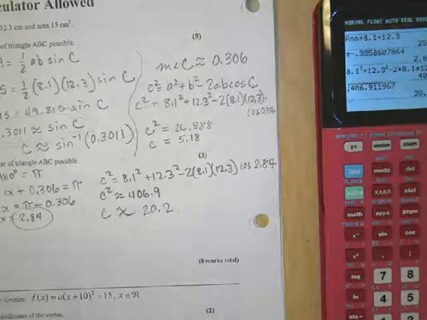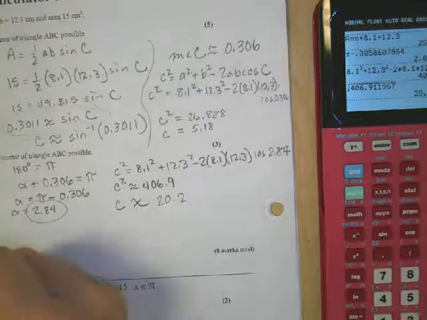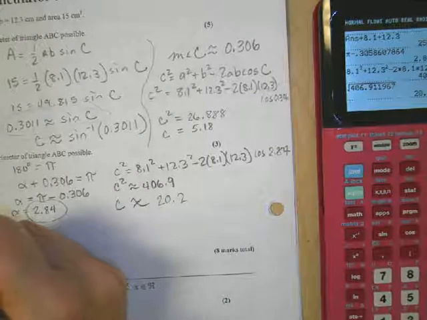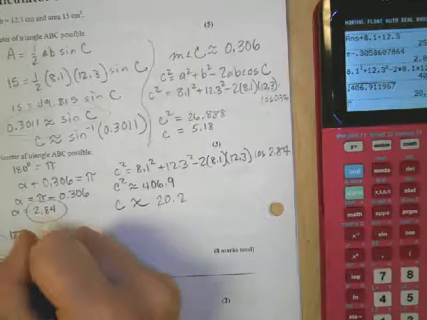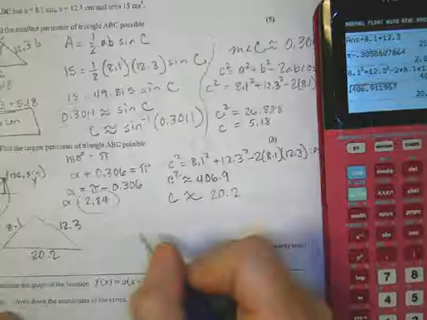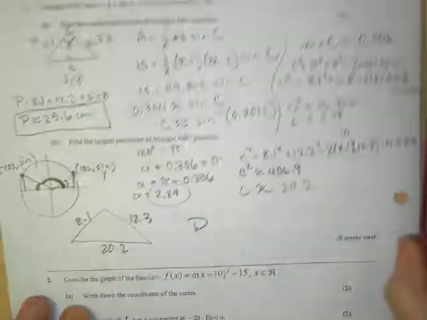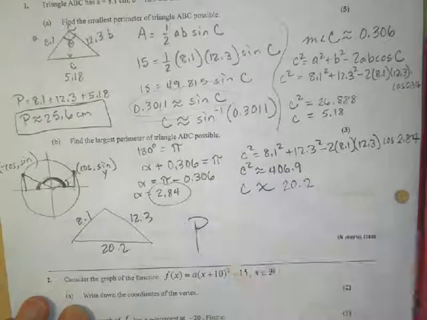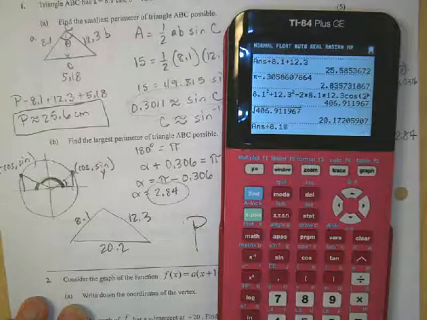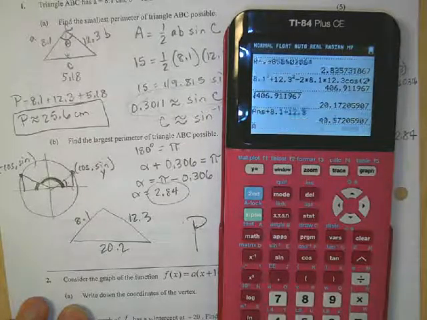Okay, and so then my largest perimeter is going to be 8.1, 12.3, and 20.2. Whoops, gosh, I keep going off the side. What is wrong with me? So my perimeter is equal to 8.1 plus 12.3 plus 20.2, which is 40.6